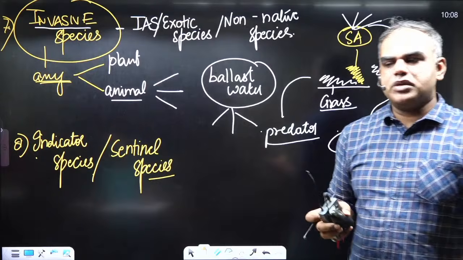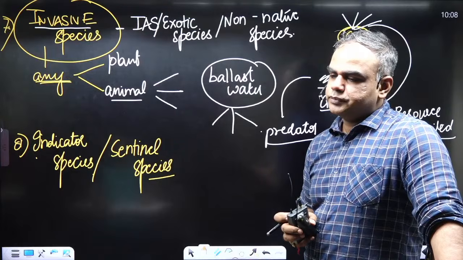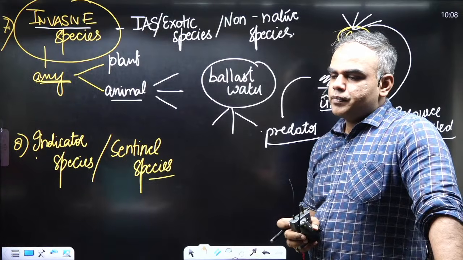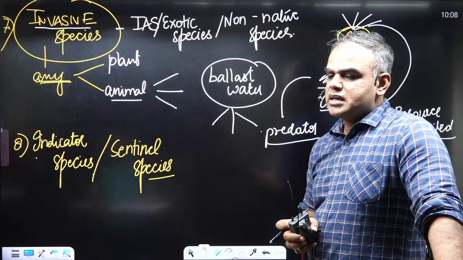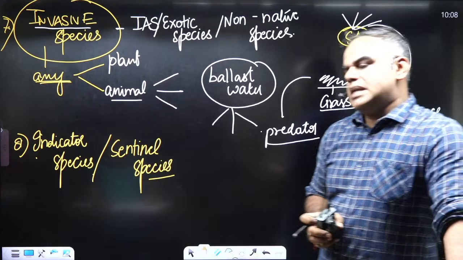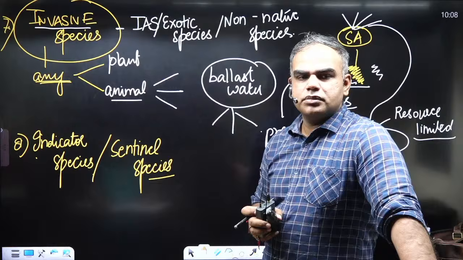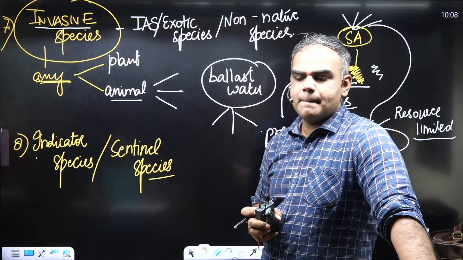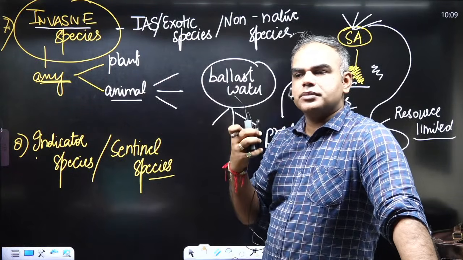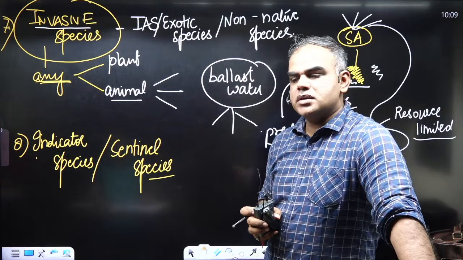In Sources, the first point you can write is the ship's ballast water. That is the first example. Second, illegal wildlife trade. Third, we can also write research and expeditions. For example, Indian scientists going outside bring some of these back, and sometimes later it becomes uncontrolled. This can also be a problem, right? Research and expeditions.